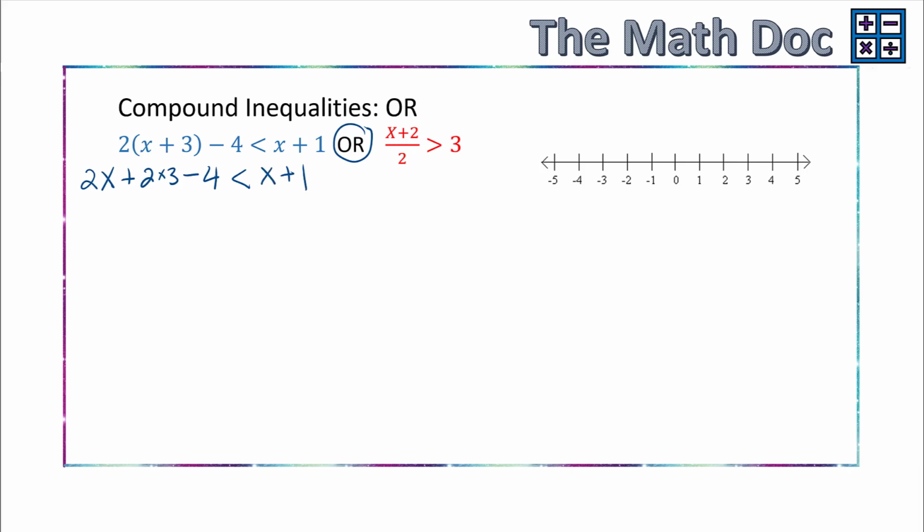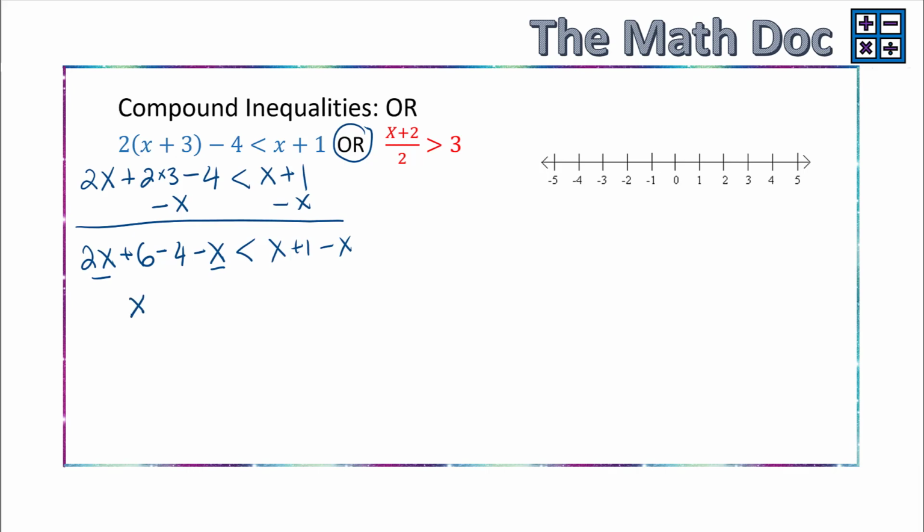Okay, now we like to isolate our variable x, so let's subtract x from both sides, so we will remain with no x's on the right-hand side. So we have 2x plus 2 times 3, that's just 6, minus 4 minus x is less than x plus 1 minus x. Okay, so we have 2x and minus 1x here. So that leaves us with just 1x. And we have 6 minus 4, so that's just 2. x plus 2 is less than